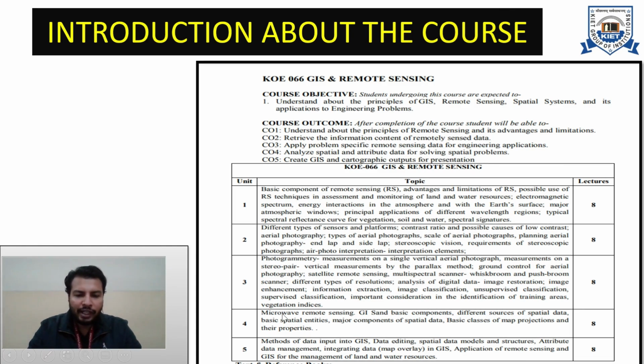When we come to unit 5, this unit is totally on geographic information system. In this unit we will be dealing with various concepts and methods of GIS, how to obtain data or information with the help of GIS systems, how to create a GIS system, how to add to it, or how to improve some GIS data. So all the application portions of GIS as well as remote sensing, we will be studying in unit 5.